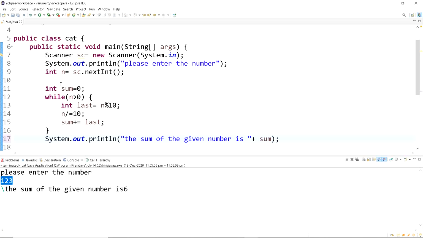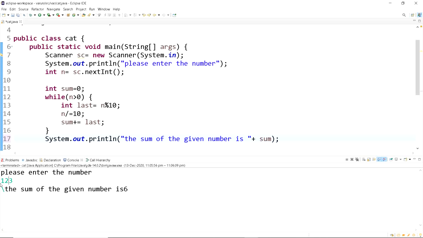When we do 123 modulus 10, we are getting the last digit and we are storing that last digit in a variable called last, and then we are dividing this with 10 so that we can remove this 3. This 3 will be gone, we will only be left with 12, and then we are doing 12 modulus 10, and then we get the number 2. Now we are storing this number 2 in the last digit, and then 12 divided by 10, which is 1,